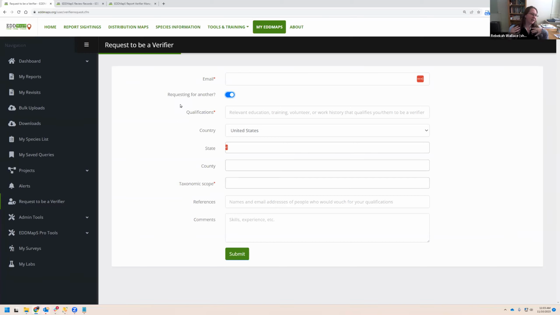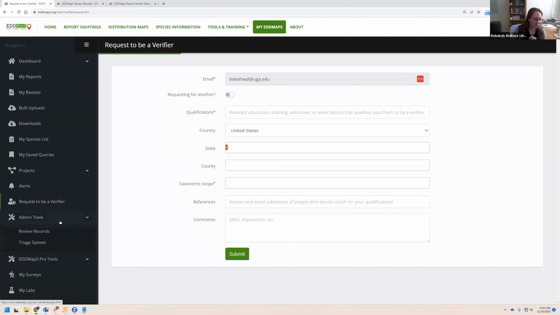So you're essentially saying, hi, I'm the manager of this program, but I'd like my biologist, land manager, steward, whatever, to be a verifier. And then you would fill out this form, either again on behalf of yourself or on behalf of someone else. Including references is very helpful. That way we have some idea of who this person is. And then you submit that, and it will go to a table for admins,